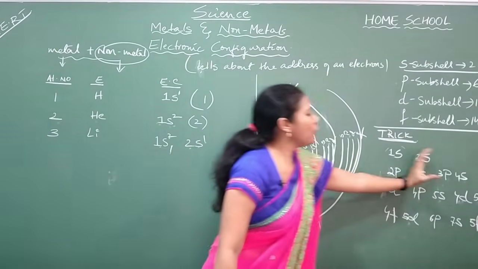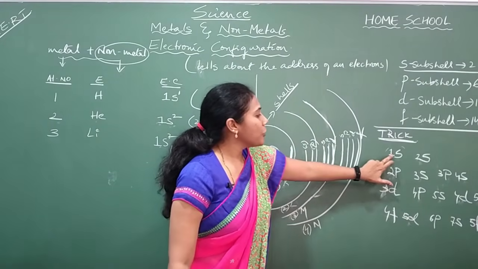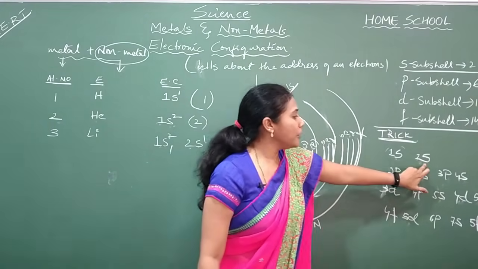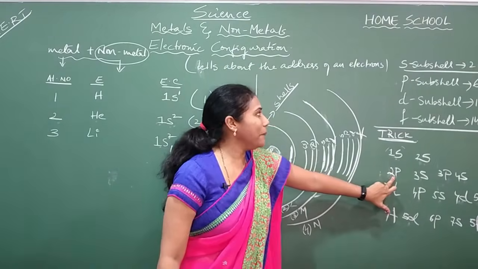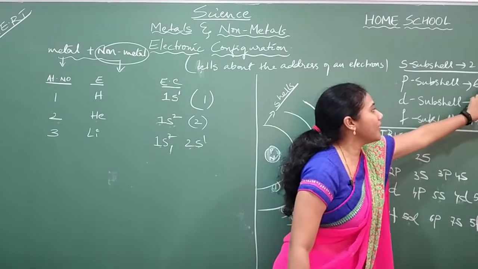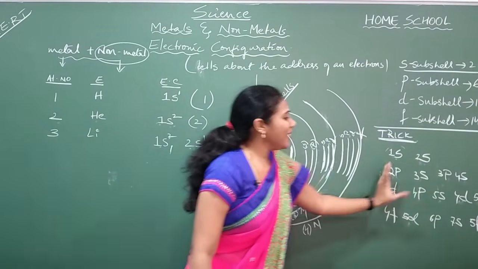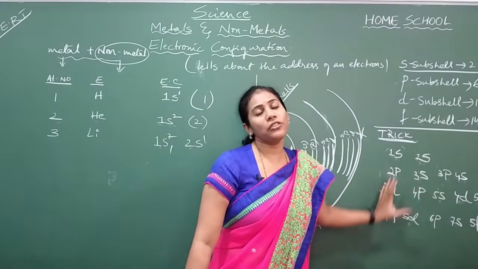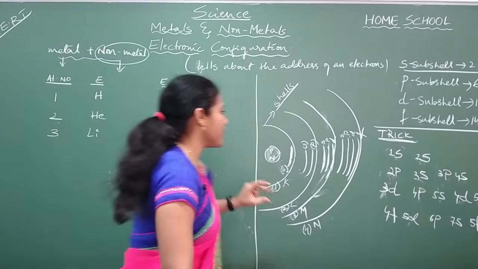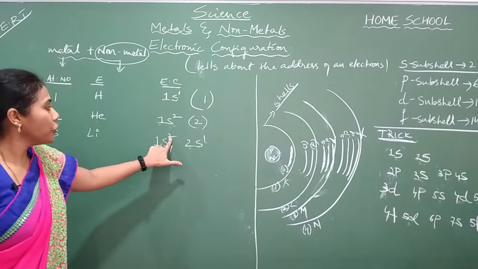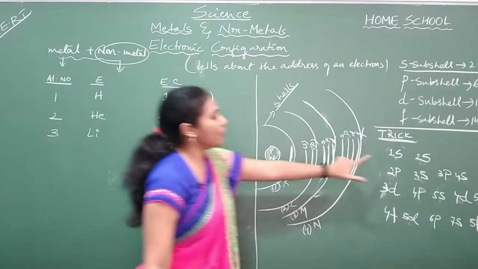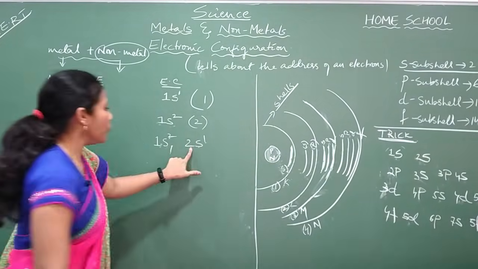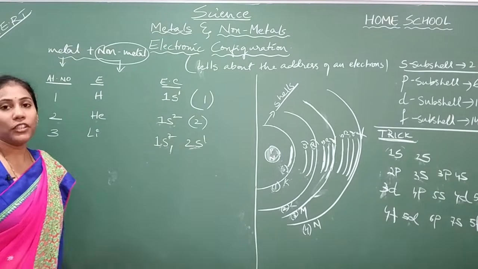You can just follow this trick, guys. Here 2 electrons can be present, here 2 can be present. In 2p, p means how many electrons it can accommodate? 6. Like that you should go on filling; if you follow this trick, it becomes easy. So 1s2 is completely filled, so the next electron will go to 2s. So in the 2s orbital, 1 electron you will have.